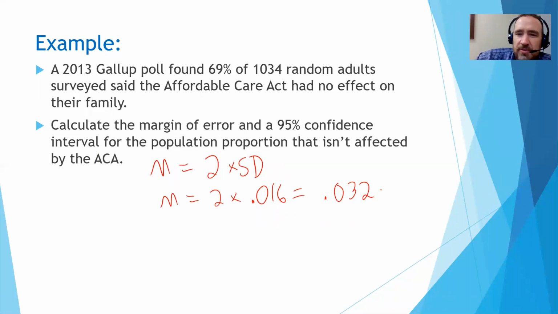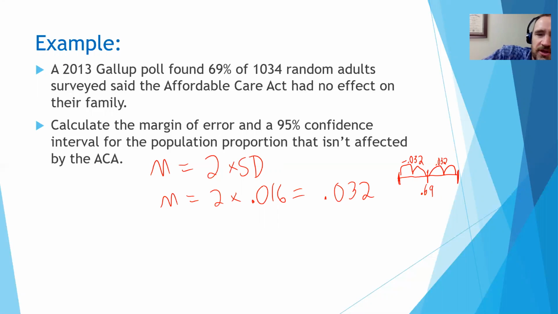And now what do I do with my margin of error? I'm just going to kind of visualize this. I've got my 69% in the middle here, 0.69, and I'm going to go up 2 SDs, so 0.032 up, and I'm going to go down 2 SDs, so down 0.032, and that'll give me the endpoints of my confidence interval. So my confidence interval, and this will be a 95% CI. Whenever I do a 2 SD, that's always the 95% confidence interval,